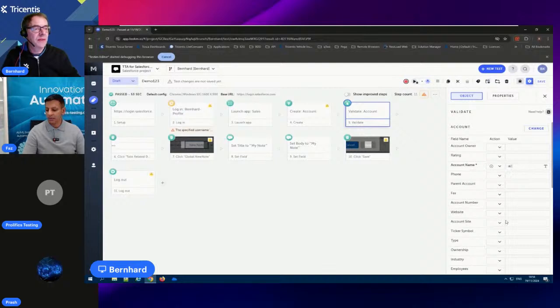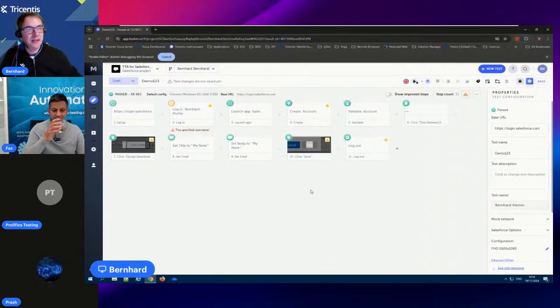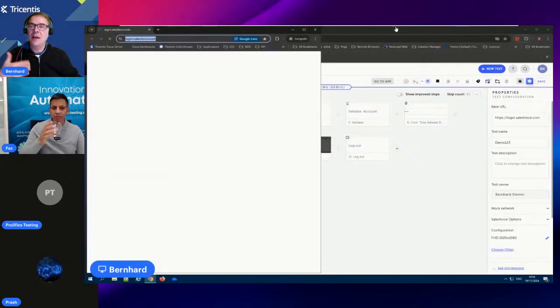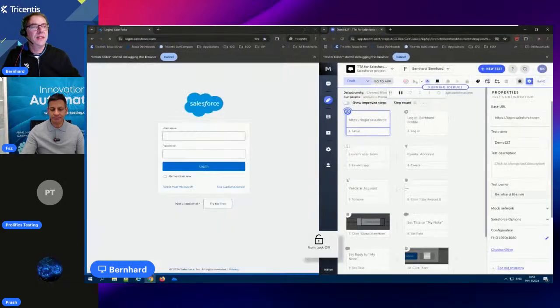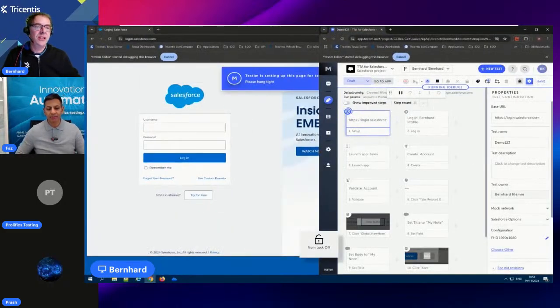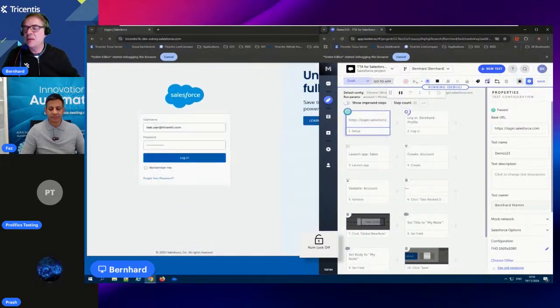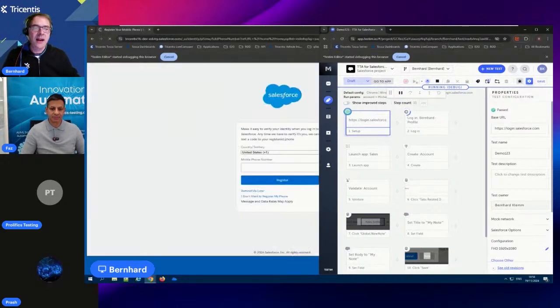I can now change it to account, but actually I can just leave it at demo one, and I'm just going to run this one more time, and then you can see that I am actually using the variable to create the account. But then when I check it, I am using the demo one